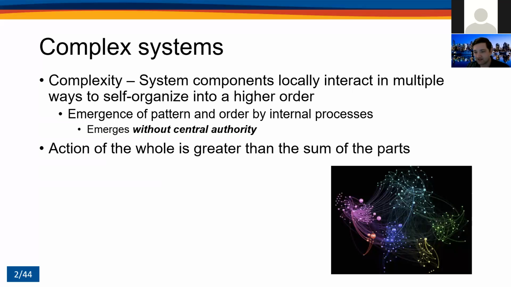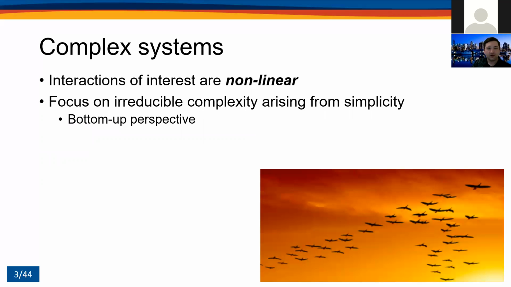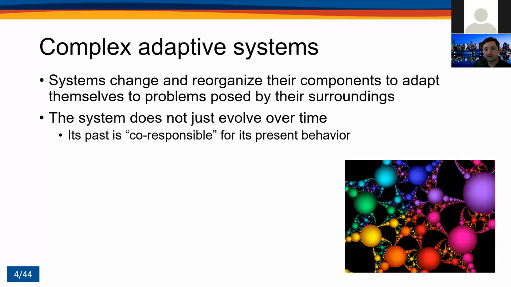parts. And again, we're just looking at aggregation in general and how emergent behavior happens through combined simplistic rules for relationships. So in complex systems, the interactions can produce nonlinear dynamics, where small changes in system properties can generate quantitatively and qualitatively different system outcomes. And these systems focus on irreducible complexity arising from simplicity. Again, bottom-up perspective there. And let's progress here to complex adaptive systems, where systems change and reorganize their components to